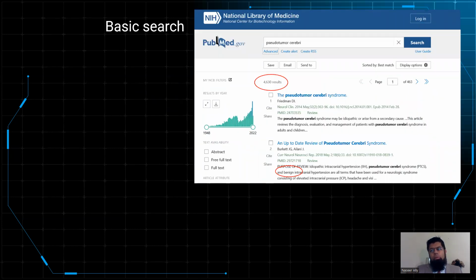So we're going to go through some search techniques in some of the databases. We're going to use PubMed. It's the one I use most often, so I'm most familiar with it. The other databases work on a similar basis with some slight nuances. So if you, for example, wanted to do a literature search on pseudotumor cerebri, when you log into PubMed, you'll land on the landing page. You put in your search term and you hit search, and you can see that you get